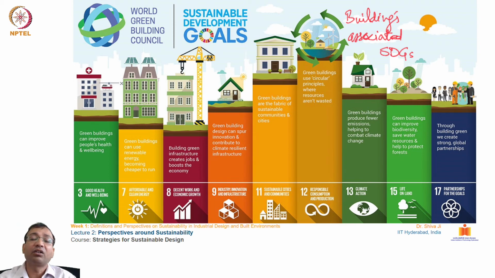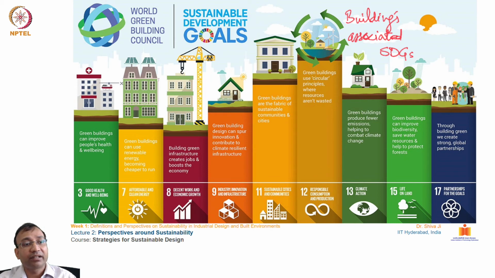Sustainable cities and communities. So obviously a group of such structures and buildings form a community, they form a social life. For example, a set of apartments constitutes a society, and n number of societies form maybe a ward or a sector of the city, and then n number of sectors collectively form a city. So buildings are the unit of that bigger block which we call a city.